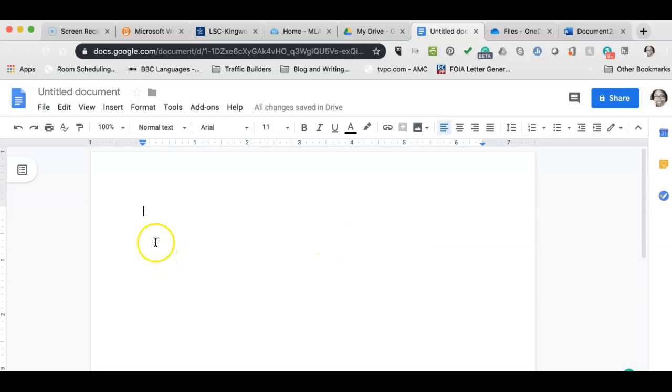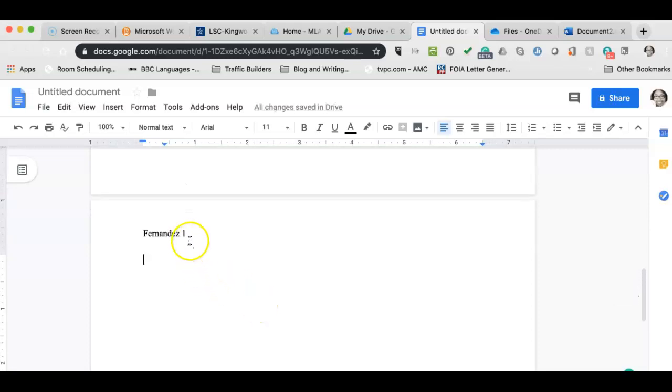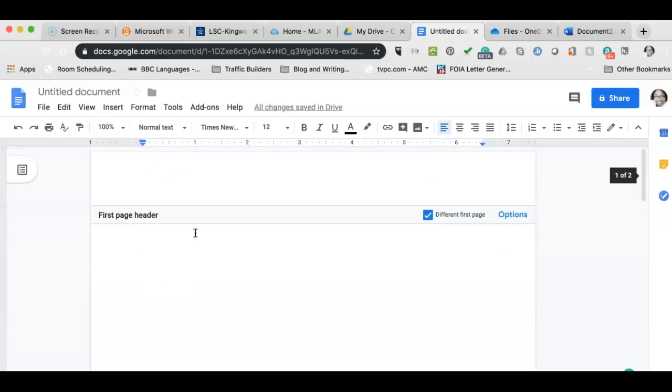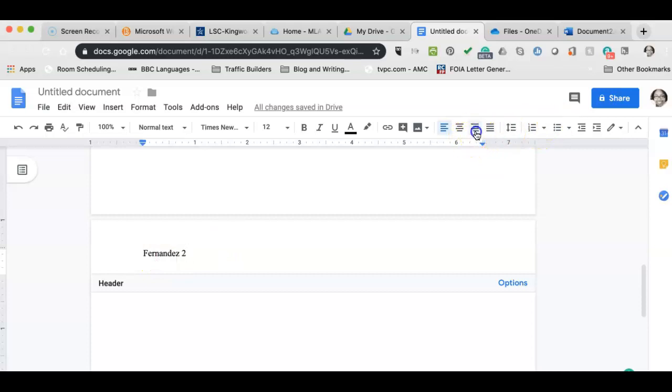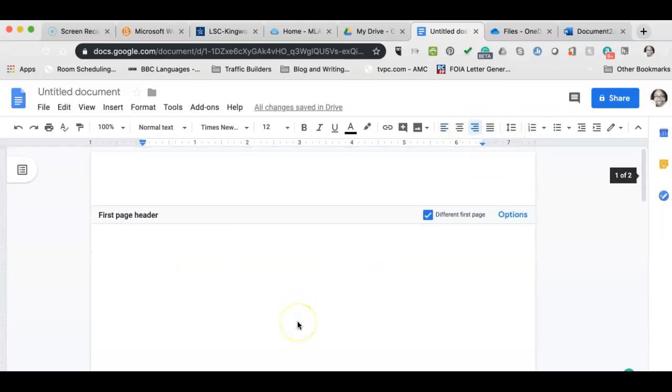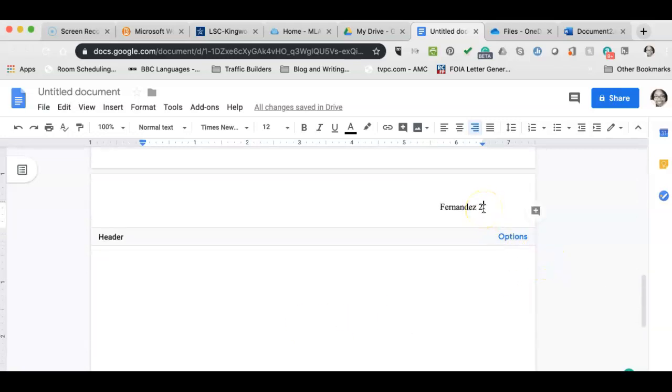And so let's insert a page number, a page break here. And so you'll see, oh no, it should be page 2. I'm going to change that. There you go. Your header's there. So I'm going to go to the right, and there's your header. Now that's interesting that it started with page 1 here. It was supposed to start page 2, but if it does that, just delete it, go number 2, and so